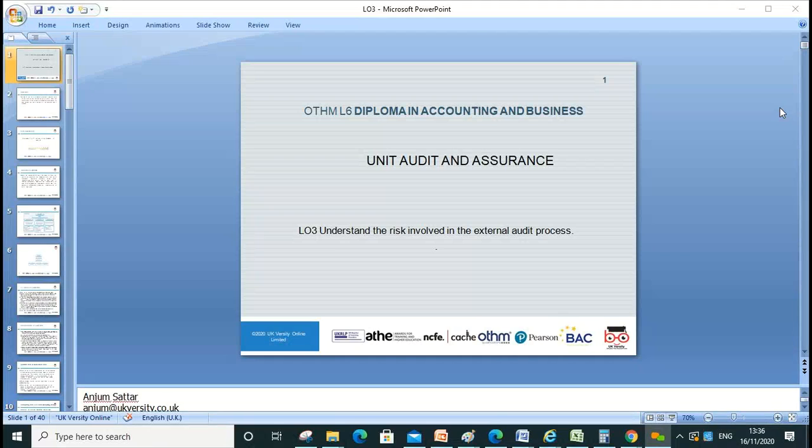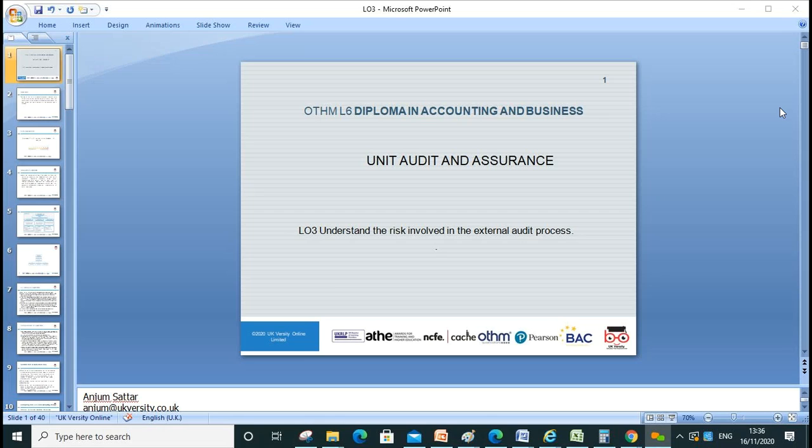Today's lesson will go through understanding the risk involved in the external audit process, and of course the external audit is linked with the internal audit as well. So my discussion will be related to both internal and external audit, so we can contextualize our discussion. Before starting this lesson, LO3, first of all, let's recap a bit what we learned in